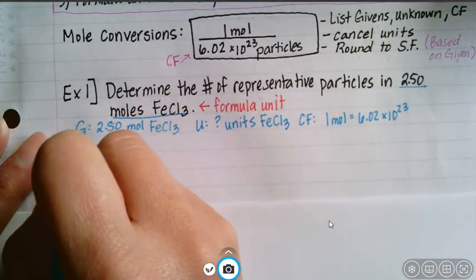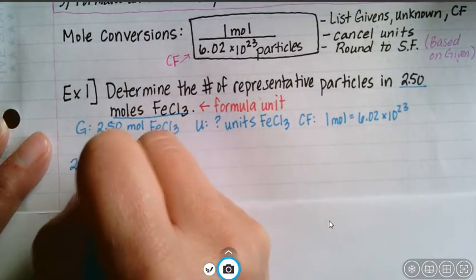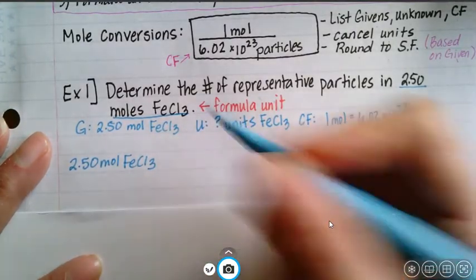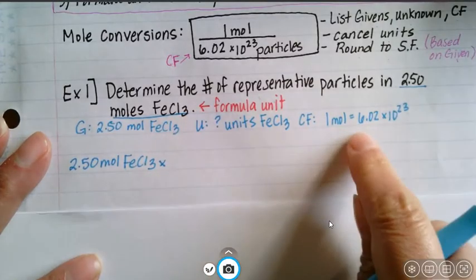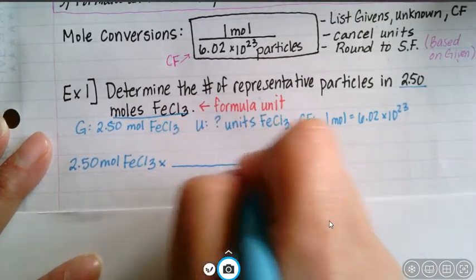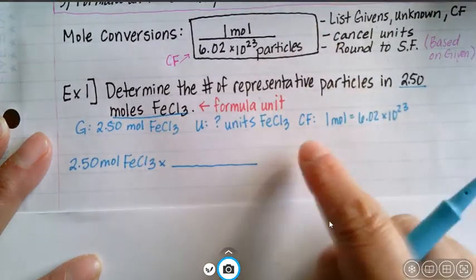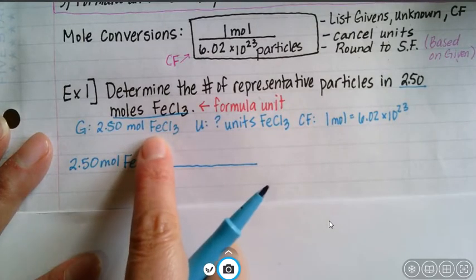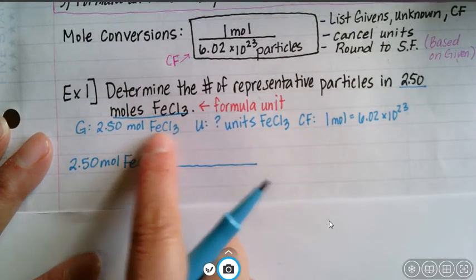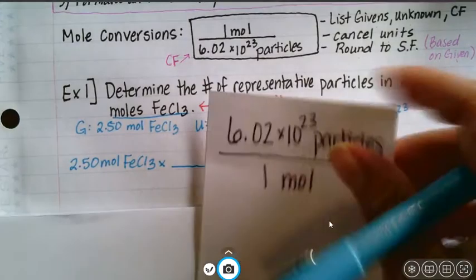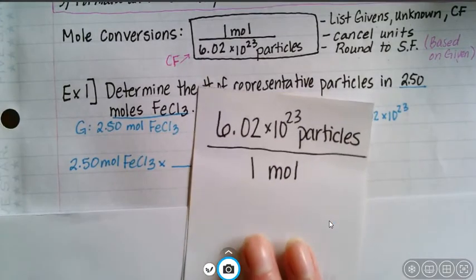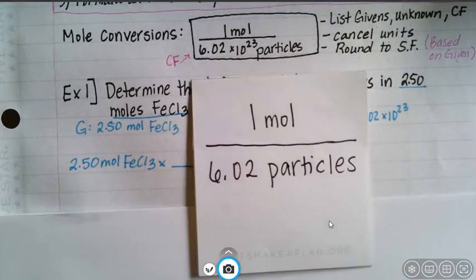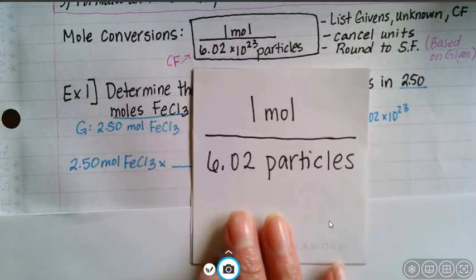So you're going to start with your given over here, 2.50 moles of FeCl3, and you're going to multiply it by a conversion factor. We know the conversion factor, this one. It's this ratio, but we have things substituted in that ratio to account for the substance that we're dealing with and what type. Okay. So here's my conversion factor. Remember that with conversion factors, here's what it looks like to start with: 1 mole is 6.02 times 10 to the 23rd particles. With conversion factors, you can flip it